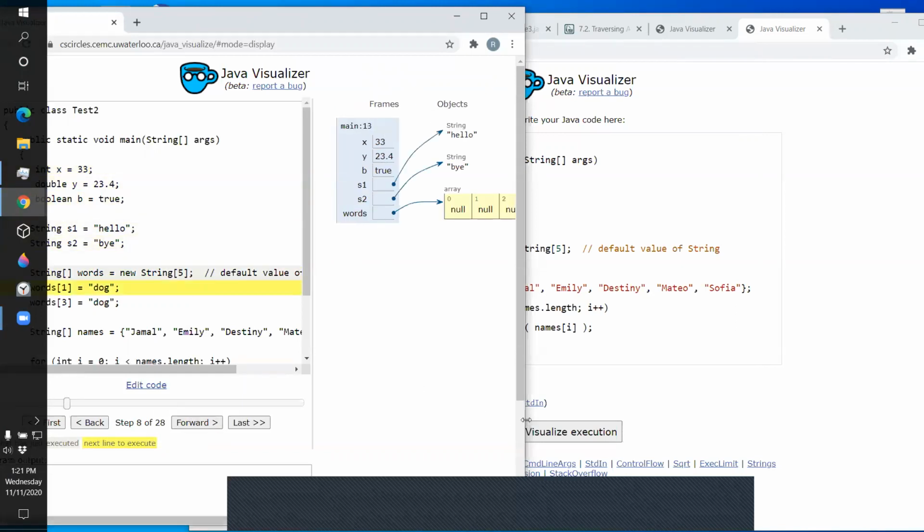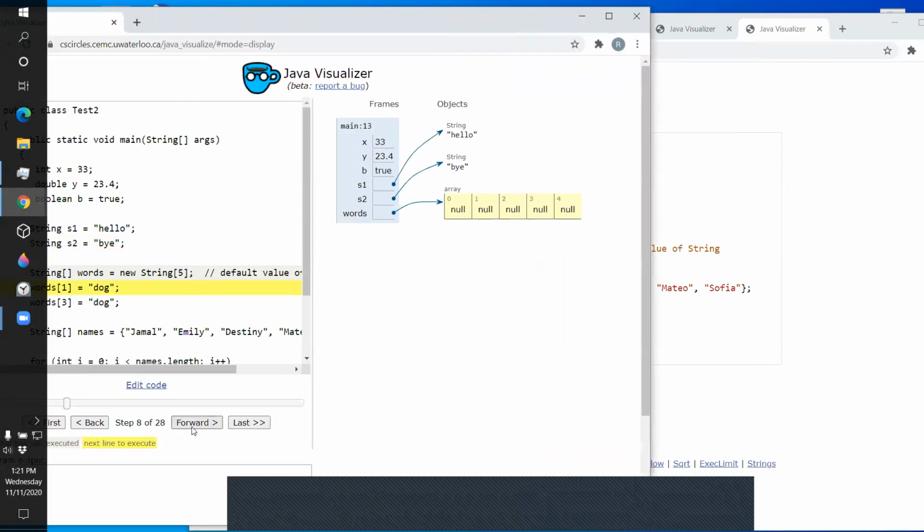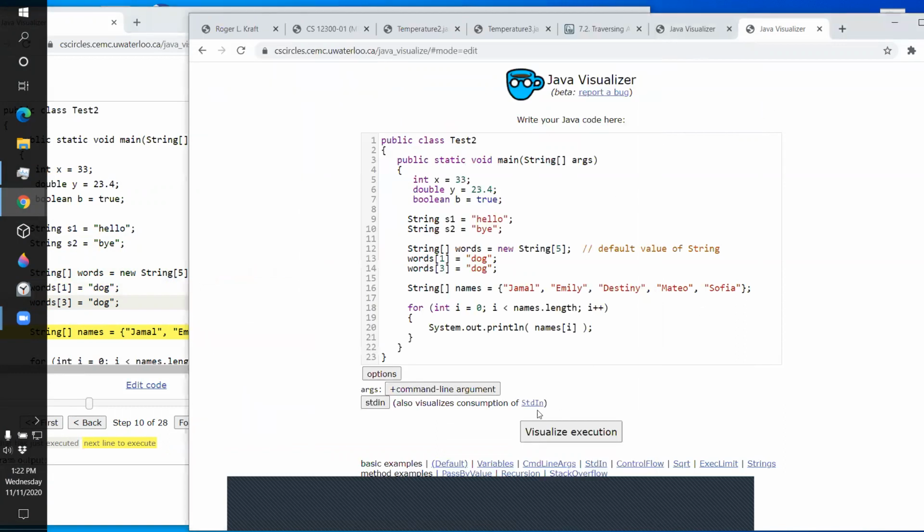I do need to expand it. Notice there's really only one dog, and these both point to the same dog. Now let's show it the wrong way.